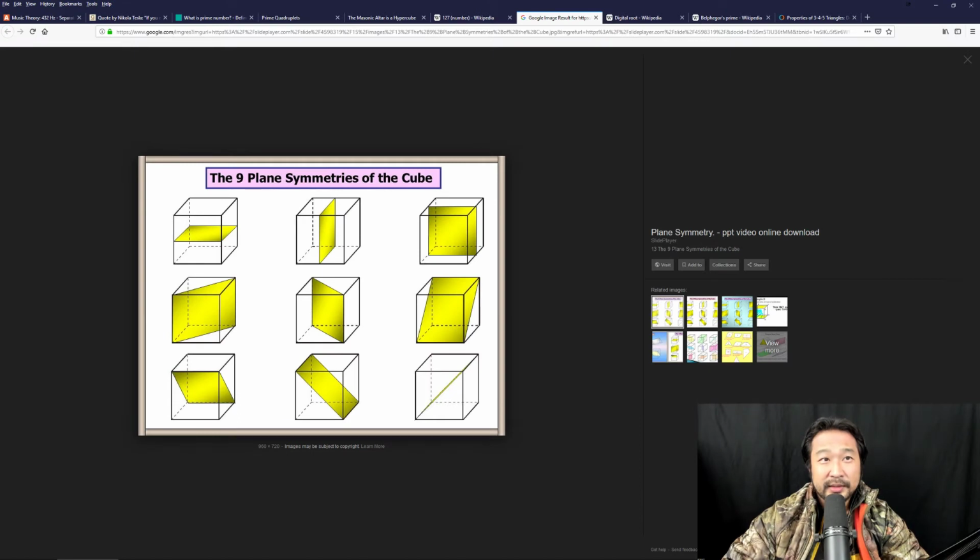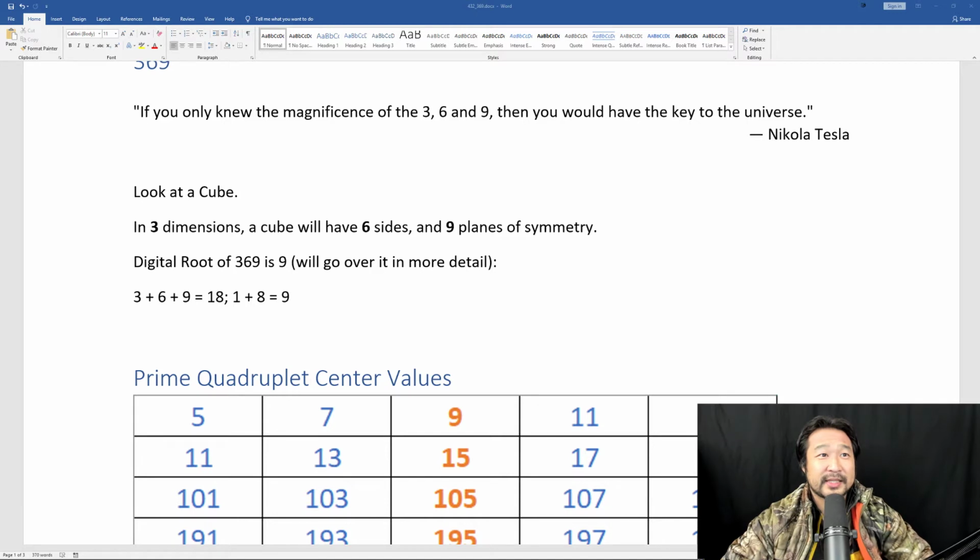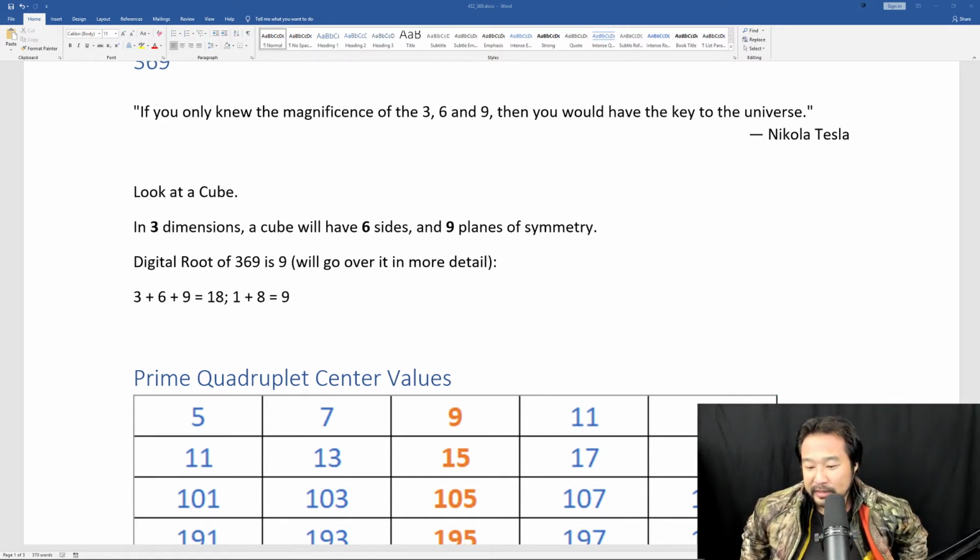9 planes, the 9 plane symmetries of the cube. There you go. You can find out for yourself. You can do it for yourself and figure out, okay, how do we get 9 planes? So there we go. We've got 3, 6, and 9 just from the cube, and the cube is very big